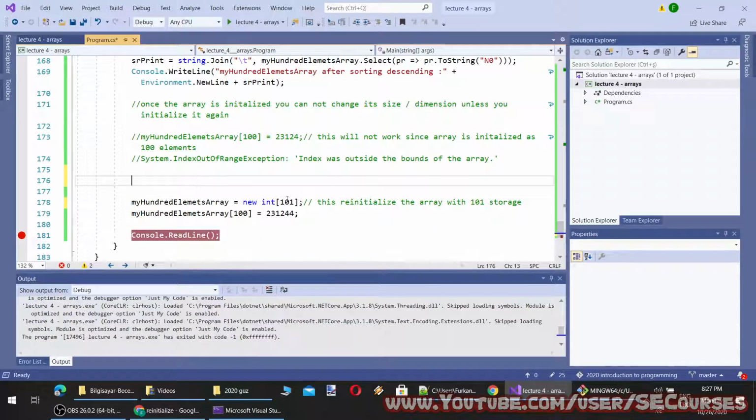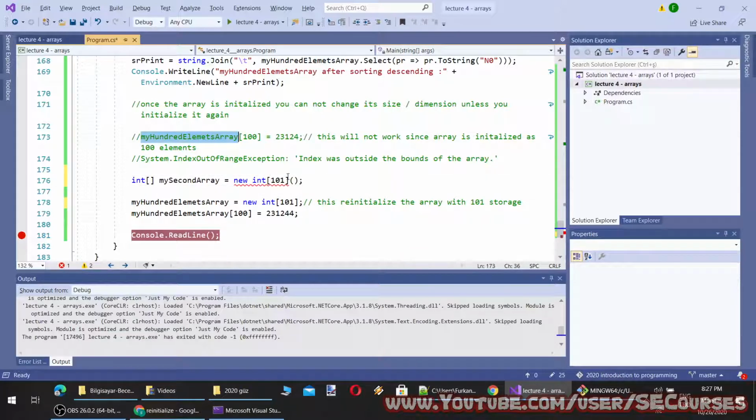So to not lose the previous, I'm going to define an array like this. And it will be 101. Can it get from the previous array?